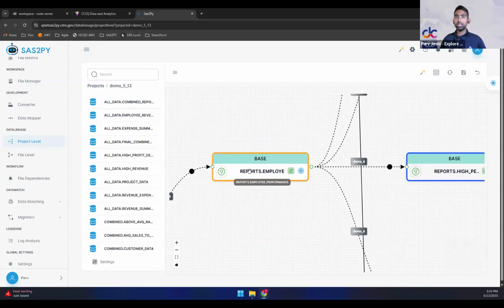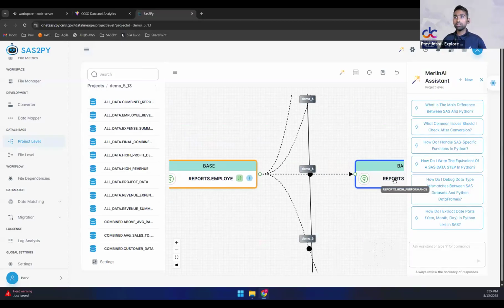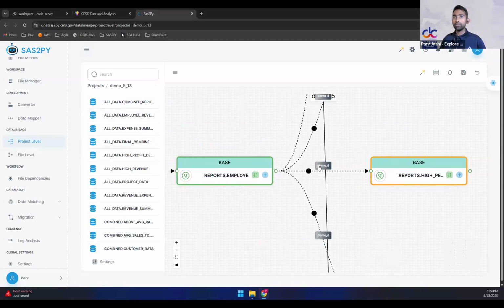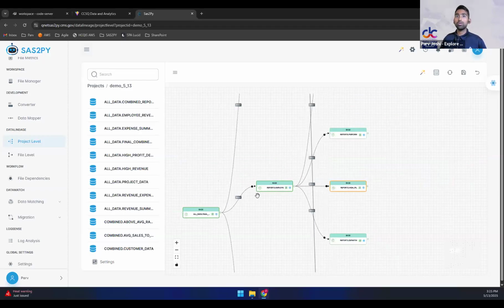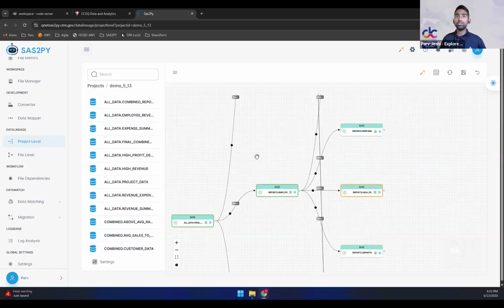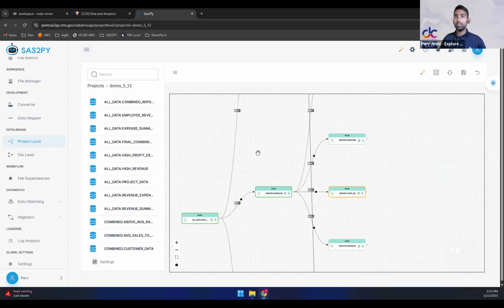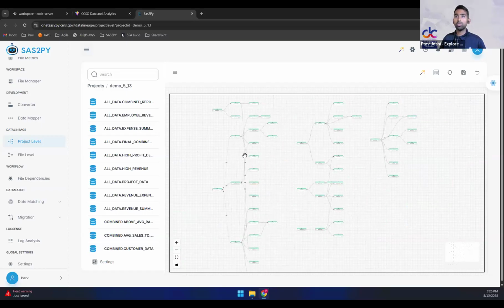So this one is a data set named reports.employee performance. And this one is high performance. And over here, this tells you where the change actually happens. So in demo 6, we take this as input in a particular function and then write out this particular data set. So this is the dependencies of how the data set is being evolved and modified throughout the entire project. And this might be a little complex because there's a whole lot of things just from